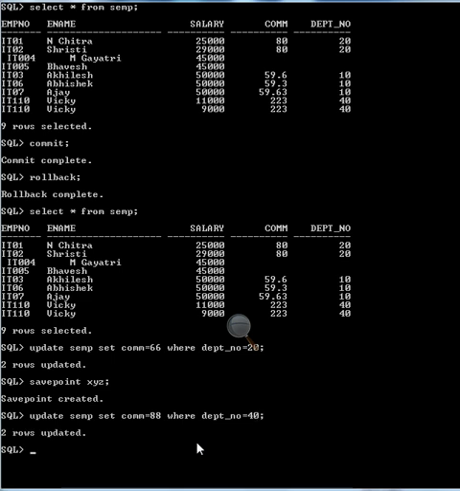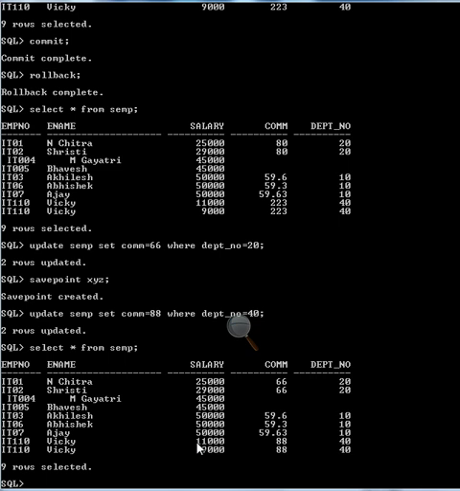Now let's see the values. Select star from ACMP. These are the values we have updated: first I updated 66 and gave save point XYZ, and then I updated 88.